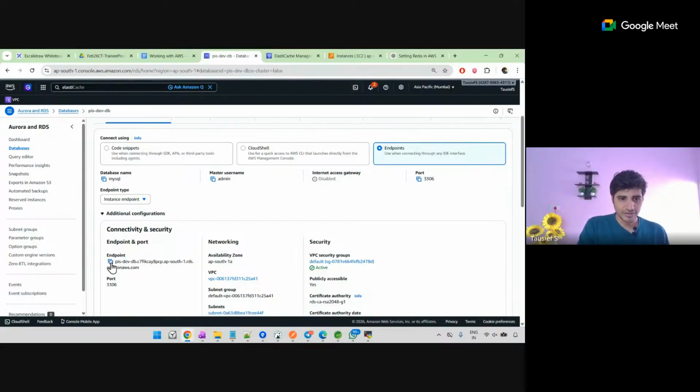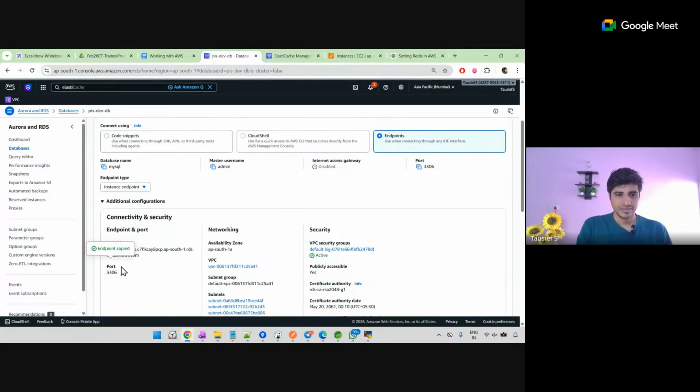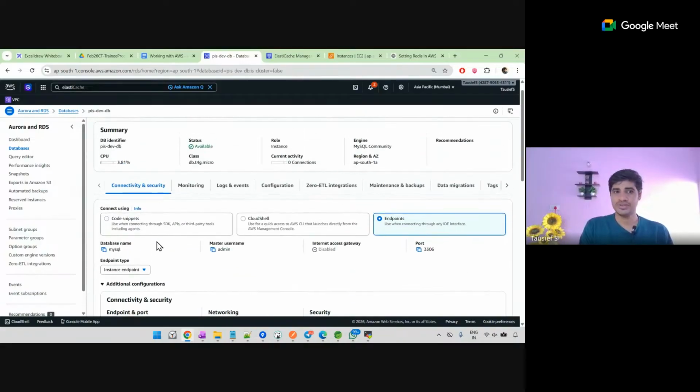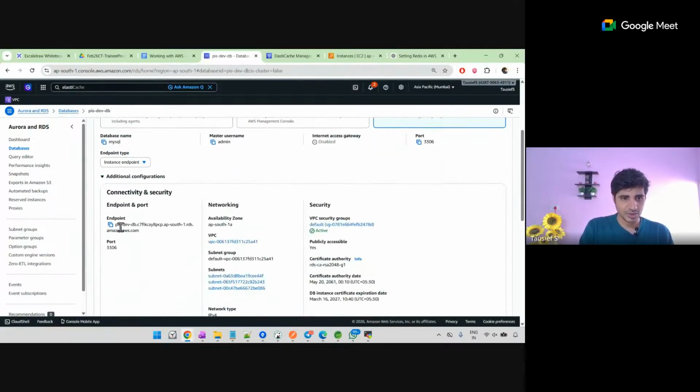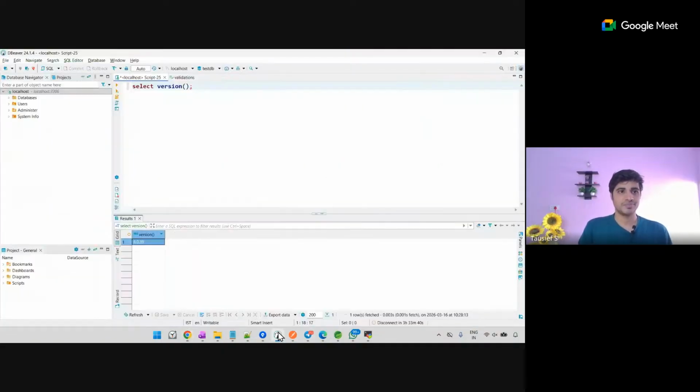Using this endpoint from your local machine, you can connect to this database. So we went to that database, connectivity and security, and using this endpoint, we copy this, go here, and create a new